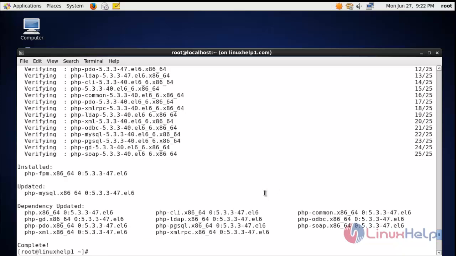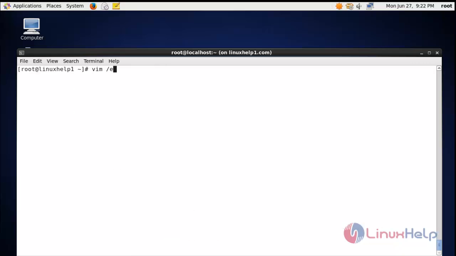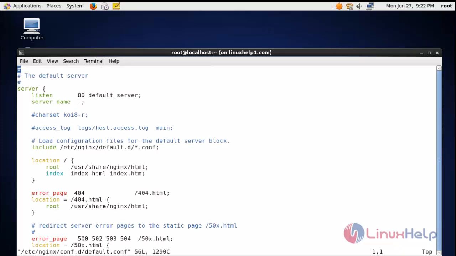At first we need to configure the default.conf file located in /etc/nginx/conf.d, and there you can see the default.conf file. Here just change the listening port to 80 and remove the default server. For the server name we need to mention the IP of the machine, 192.168.11.182, and check the root location, that is /usr/share/nginx/html, and in the index category add